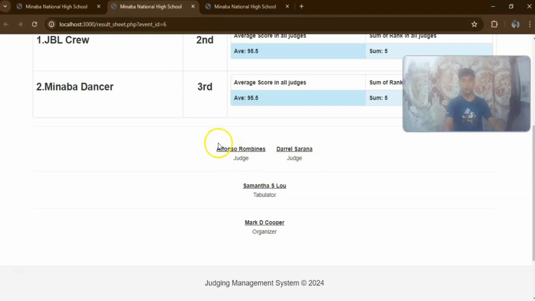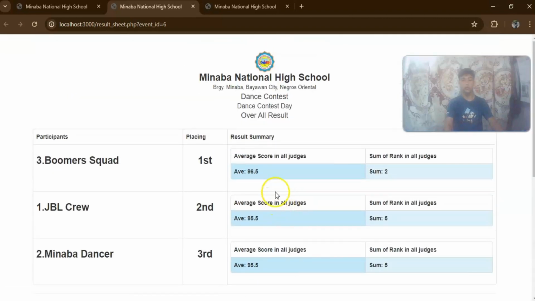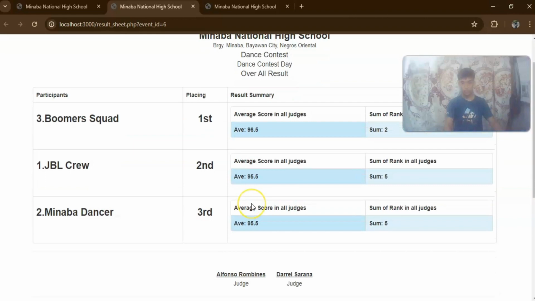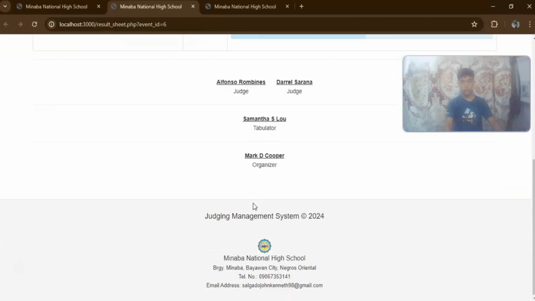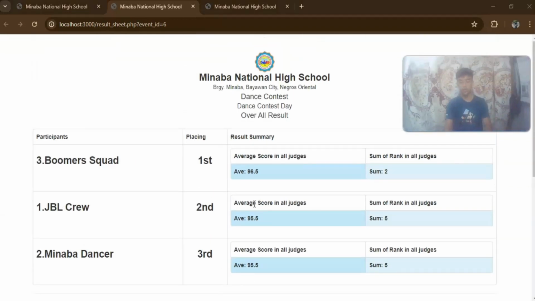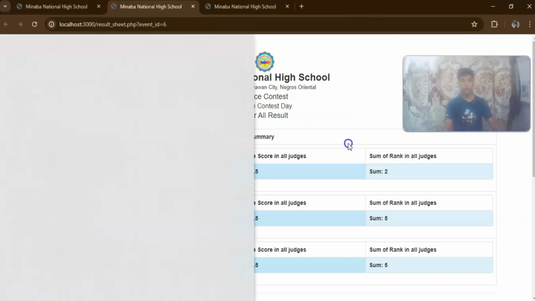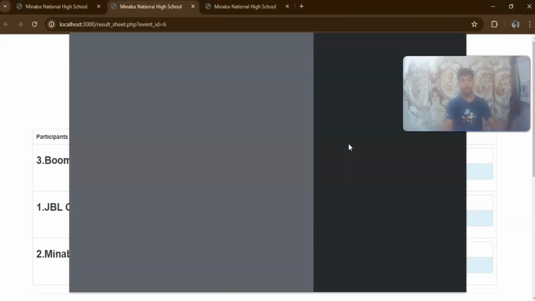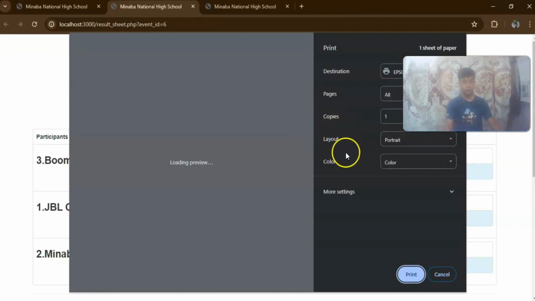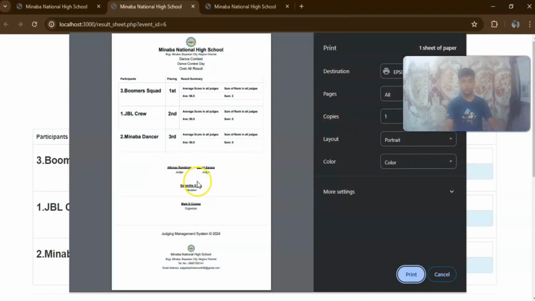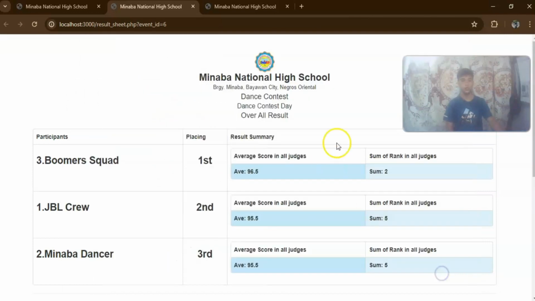The judge will assign the tabulator and the organizer for validity. Here it is, ready for printing.